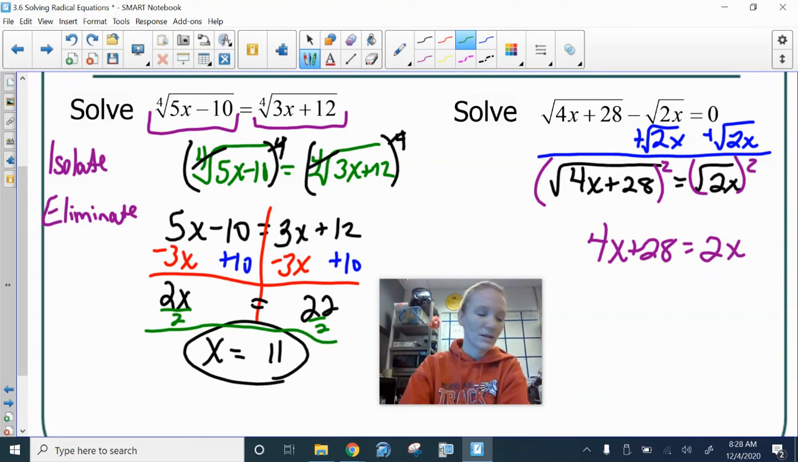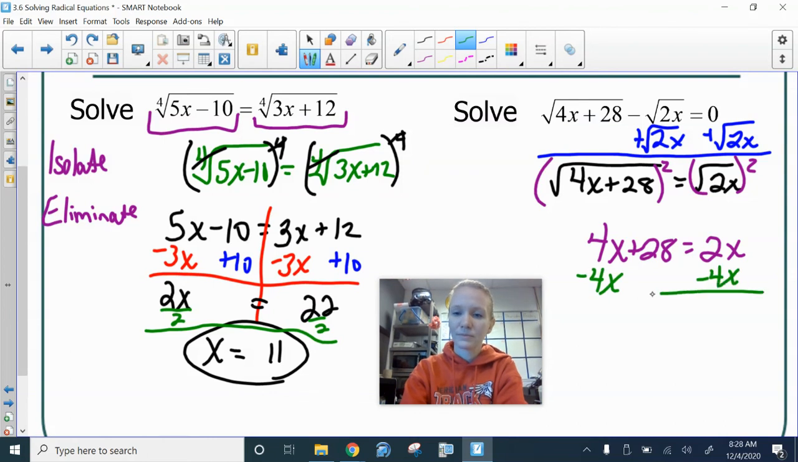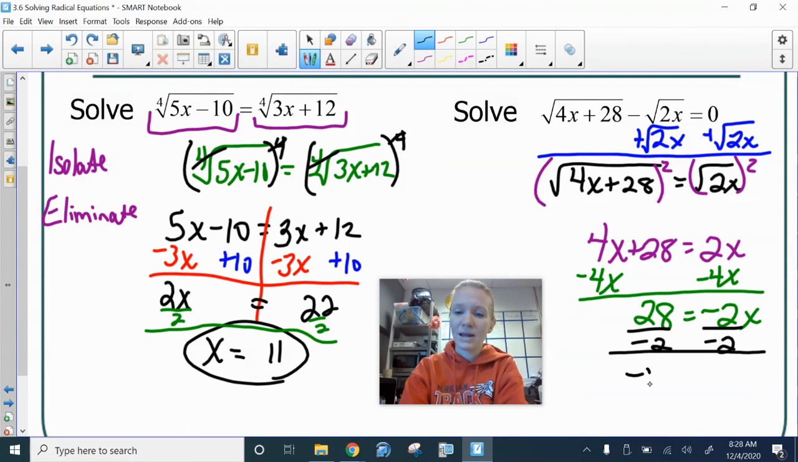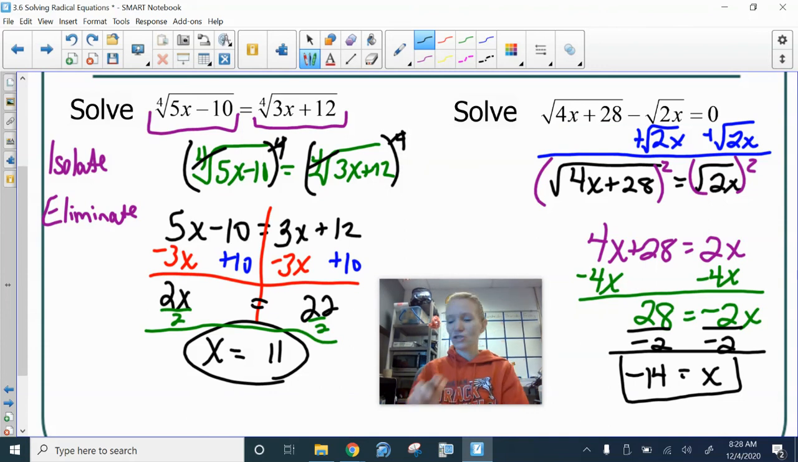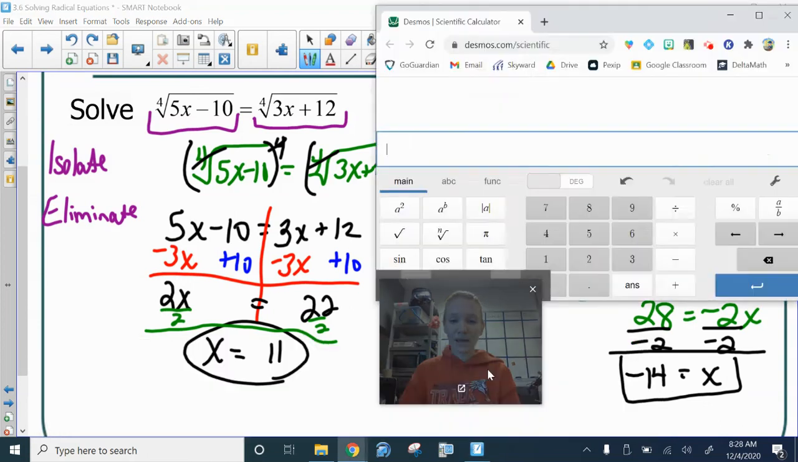This one looks a little weird because when I bring this over, I get 28 equals a negative 2x, and there's an issue there. If I divide by a negative, I get negative 14 for my answer. And that's an issue because remember we said these were in square roots, they're even roots. So if I try to plug in,